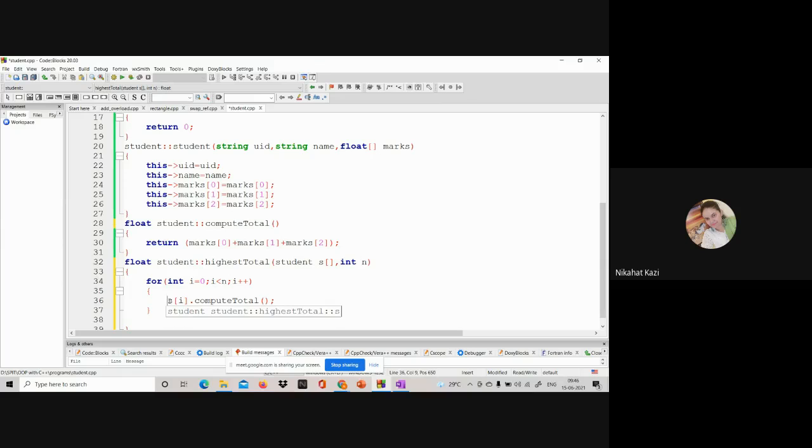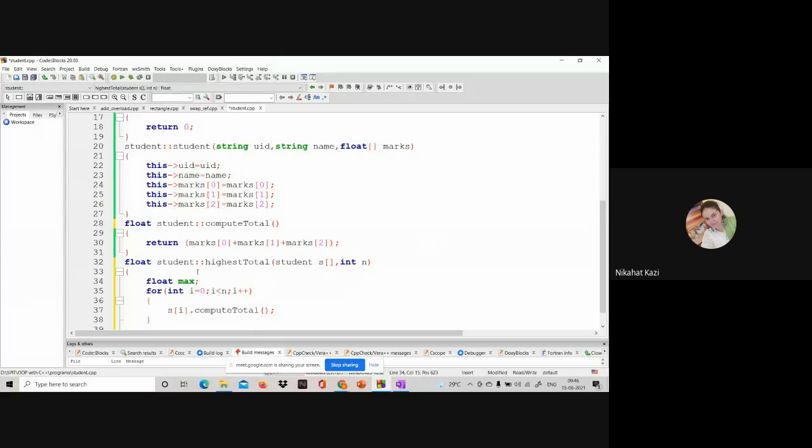Okay. So now we have computed the total. We have to find the student with the highest total, right? So we need one variable called max or highest. So this is like finding the max. Find max algorithm you have to apply here.